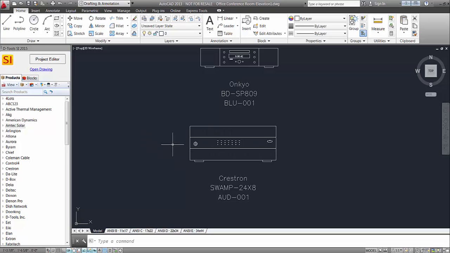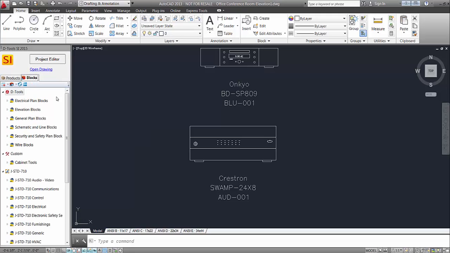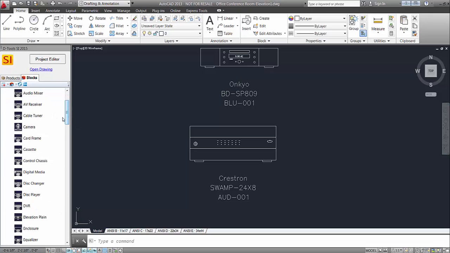And where those come from, if you take a look over here in the block tree, if you will, you have elevation blocks. So if we expand this, you see that there's a lot of blocks that we've built, different looks, cassette, card frame, DVR. And so you can, at any point, choose to change the default blocks that drop here on the page if you'd like,